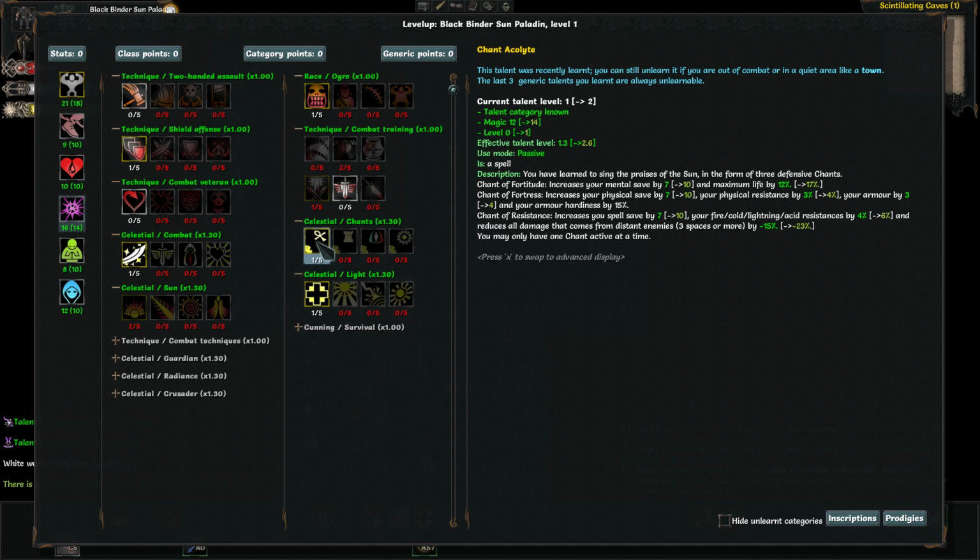But anyway, Chant Acolyte, Chant of Fortitude increases your life. Chant of Fortress increases your physical resistance by a little bit, armor by a little bit, and armor hardiness by 15%. I used to think that was the best one, but now I usually go Chant of Fortitude because hit points are always useful, physical resistance may not always be useful, and armor hardiness isn't as important as I used to think it was. But we'll probably be going Chant of Resistance for most of the game. Increases your fire, cold, lightning, and acid resistances by 4%, and reduces all damage that come from distant enemies, which will be...